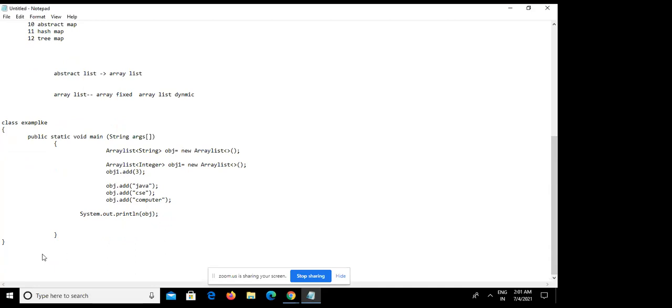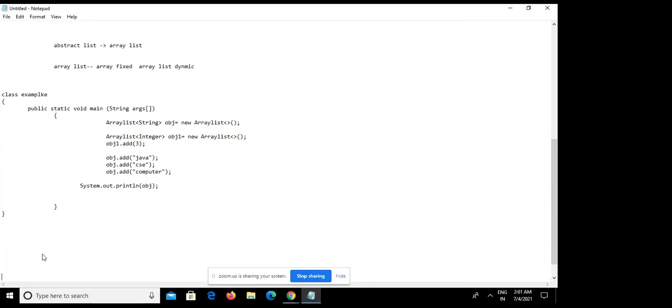So earlier, the output will come like Java, CSC and computer, as objects. Earlier we had the same feature with arrays also. We declare an array and print it simply using a for loop.